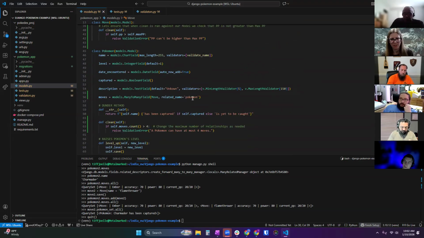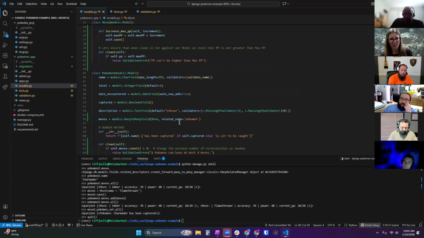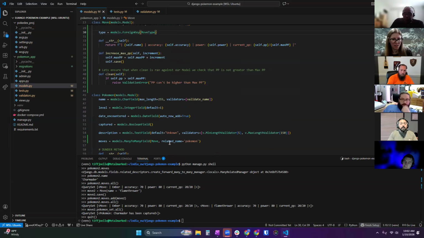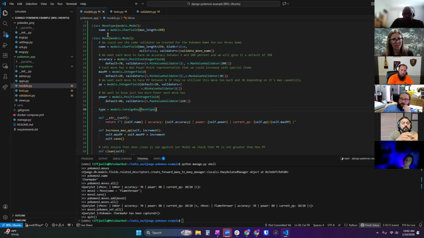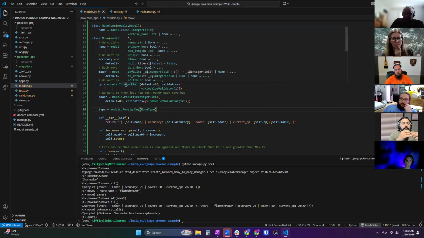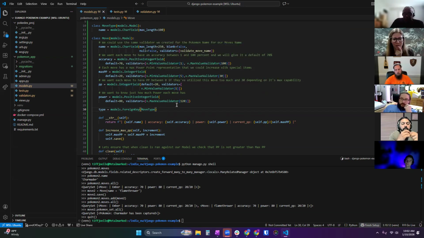We saw we had a related name there. We can add a related name here as well, and it will allow you to query both ways again. With this we'll be able to say, select the type from move where move equals Ember, and it would give us fire.